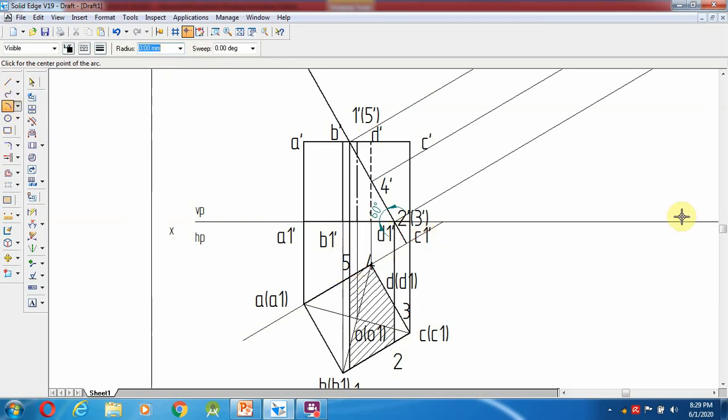So go over here, select one more parallel line to this line. Okay, those lines do not touch the top view or front view. Okay, that is the condition. Go with the offset, so from here to a certain distance, some 25 mm.